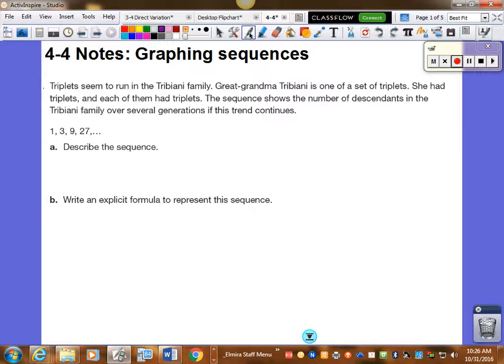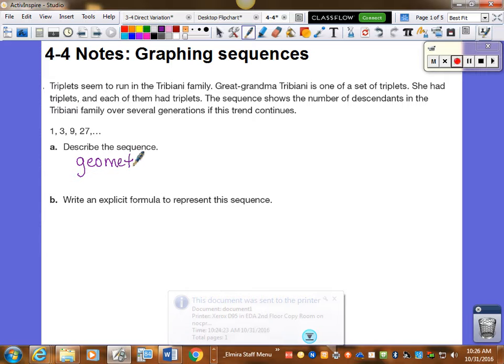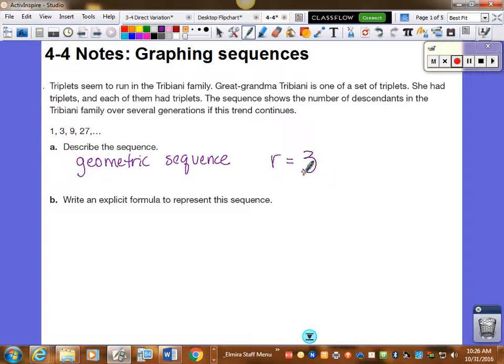Okay, write down which one you think it is. Okay, hopefully you said this was a geometric sequence. And therefore it has a common ratio of 3. Okay, write an explicit formula to represent this sequence. Okay, so G sub n